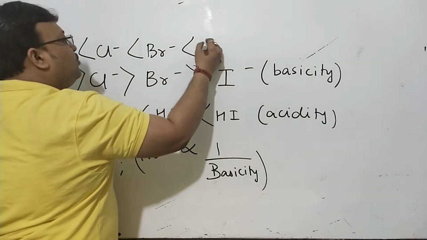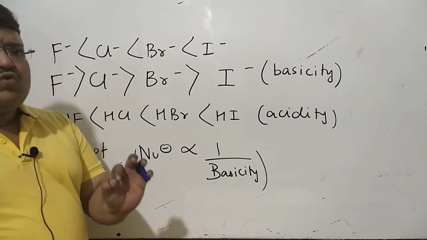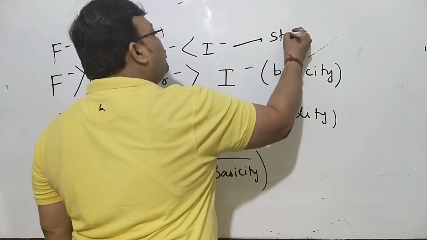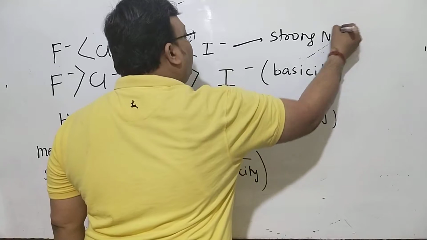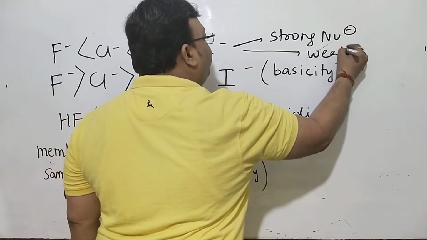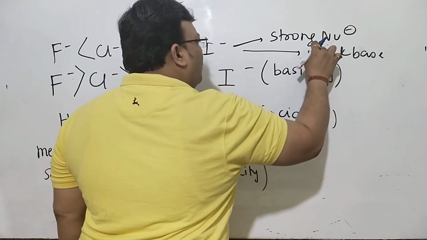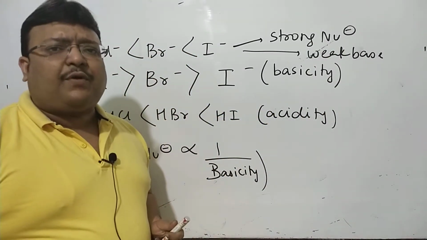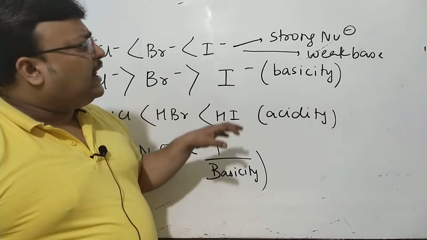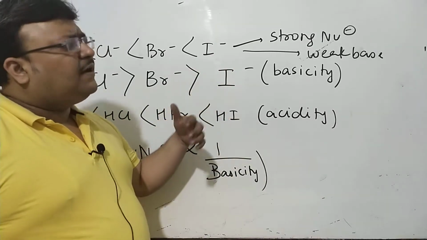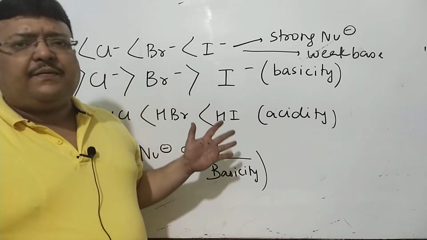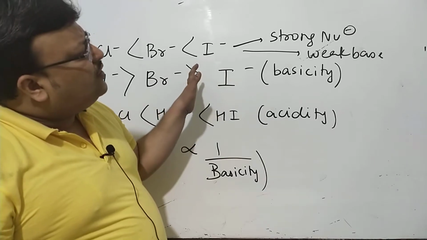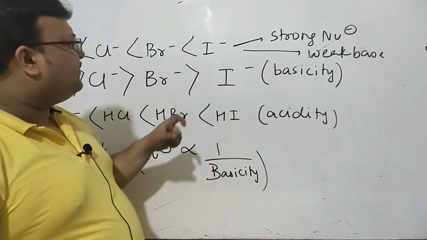And only people who know it precisely would know that I minus is a strong nucleophile, but a weak base. It's a strong nucleophile but a weak base. Even when I talk about elimination, substitution, basicity, nucleophilicity, from the standpoint of reaction mechanism in detail, I'll be able to deal with these in a more skilled and more elaborate manner. A larger species is good as a nucleophile but not great as a base.